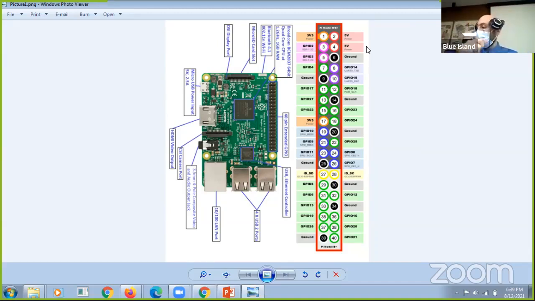In fact, a female to female would probably be perfect. Female, male to male. Male to female, here's a really short one that I'll just use. I use the longer ones that came in our kit, but I don't need to. So a cable like this,